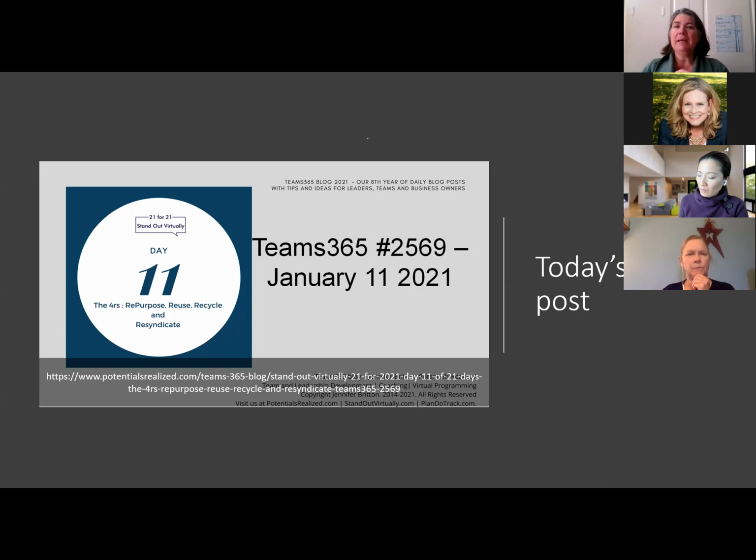Can you repurpose something? Can you actually take 2 articles that you wrote and put that into a white paper? Or maybe it's like 5 articles and it becomes a white paper. Could you alternatively reuse something, right? Could you take a module that you've done in a group on strengths and actually look to reuse it or repurpose it for another group